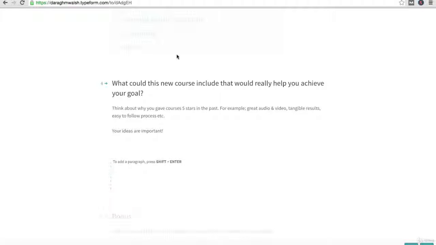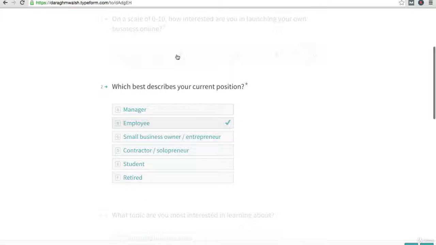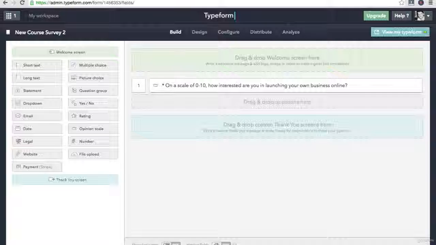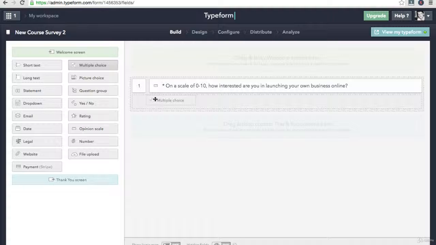Now we are moving on to question number 2, and I made it pretty easy for them to answer again, gave them a multiple choice question: which best describes your current position. Again, you can see by the asterisk here that this was a required question. I wanted to really test my buyer persona that I'd created to see who are the people that actually want to complete that goal. So once again, very simple. We can just make this a multiple choice question, drag this in,